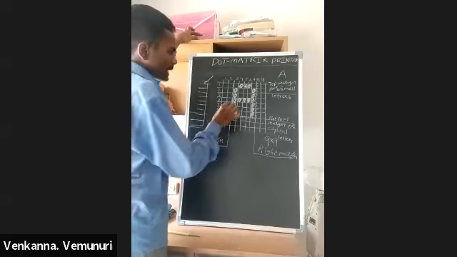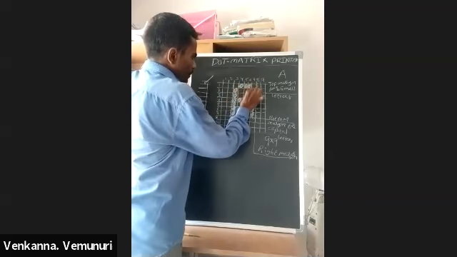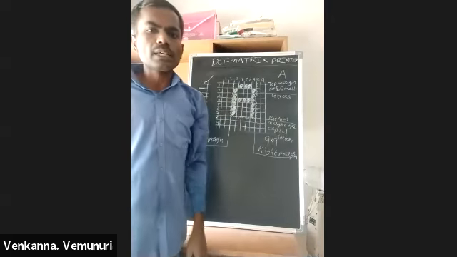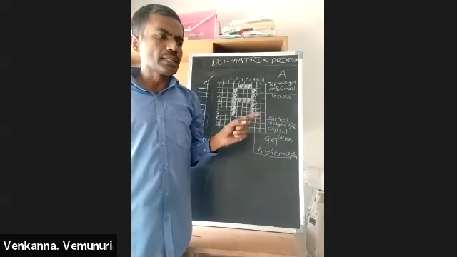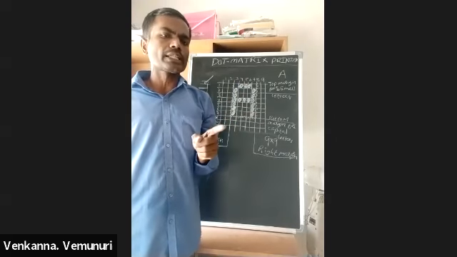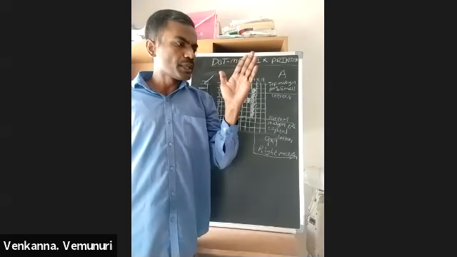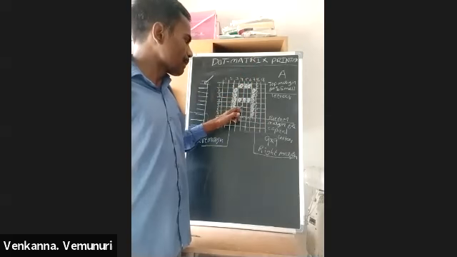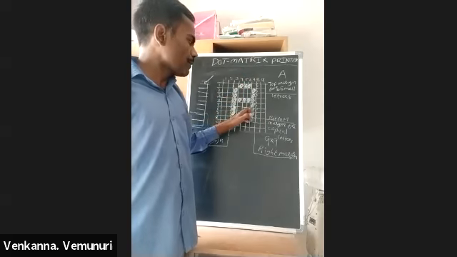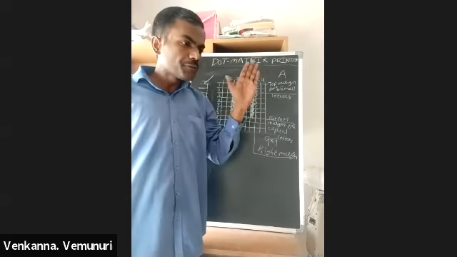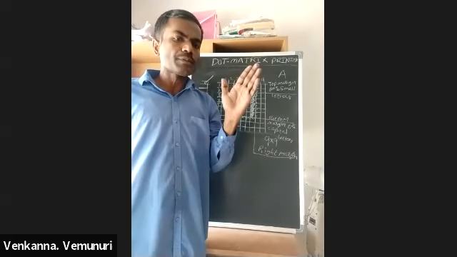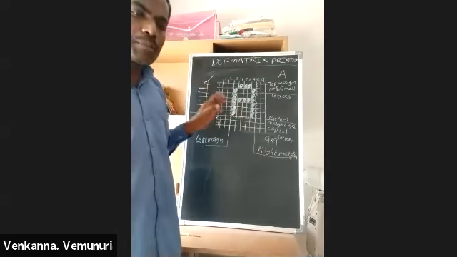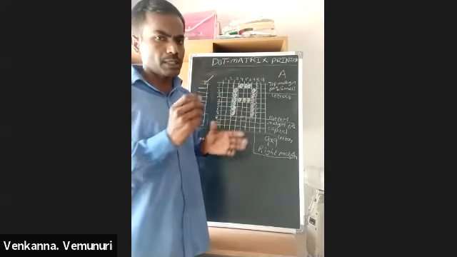Now it is creating one character here. In a dot matrix printer, if the printer is designed to print one character, for that purpose the print head is moving 5 steps. This is the first step, second step, third step, fourth step, fifth step. Within five steps, it is printing any character. So this is the printing procedure of a dot matrix printer.